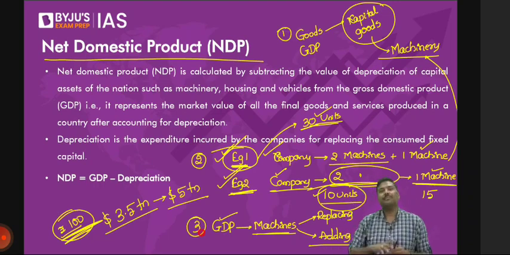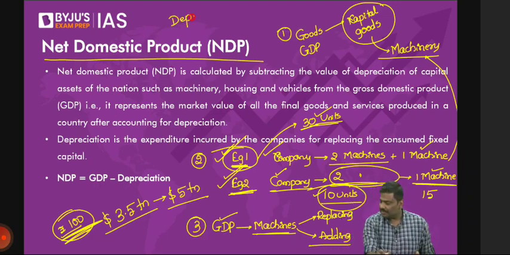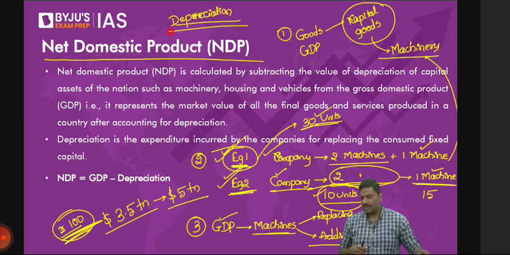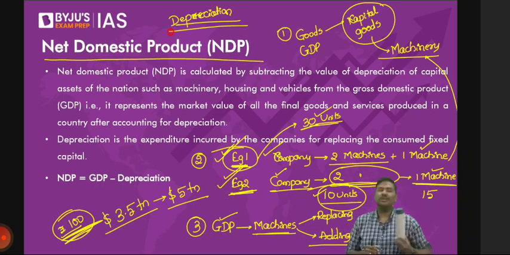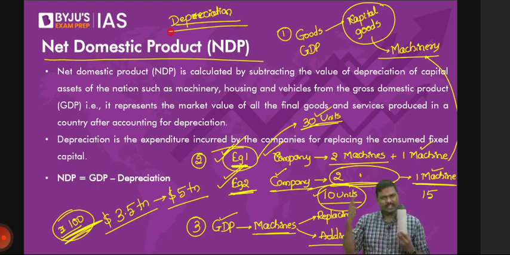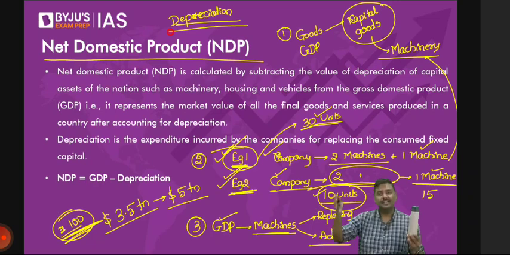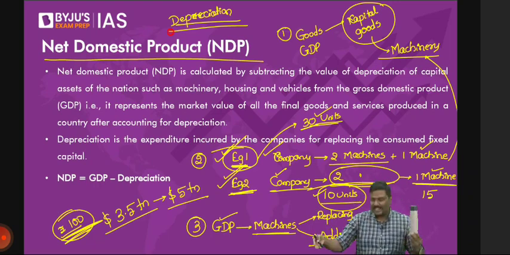Come to this. There's a term called depreciation. What is this depreciation? You purchase a machine today. Let's start. You want to manufacture bottles, so you purchase a machine to manufacture the bottles. Over a period of time, the machine becomes old. Let's say after 10 years. Will you replace the machine or not? Just think of it. So no, sir, I'll keep on using the same very old machine. Then my dear, production will be affected. Let's say after 10 years, you'll throw away the old machine and you'll purchase a new machine.